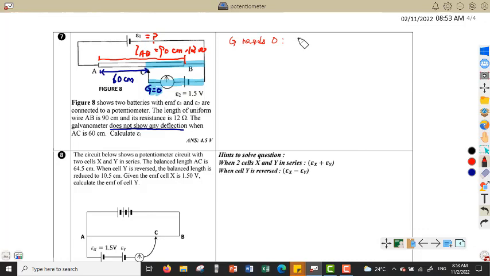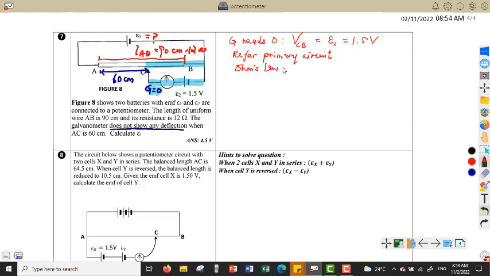So it means that our voltage CB, the portion where the G reads 0, will equal the value of E2, whereby the value of E2 is 1.5 volt. And to find E1, we have to refer to the primary circuit. So if we refer to our primary circuit,